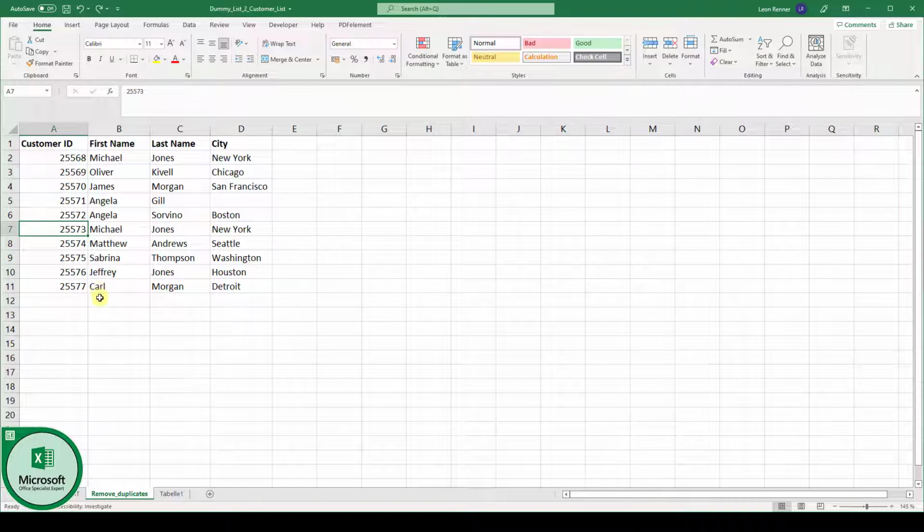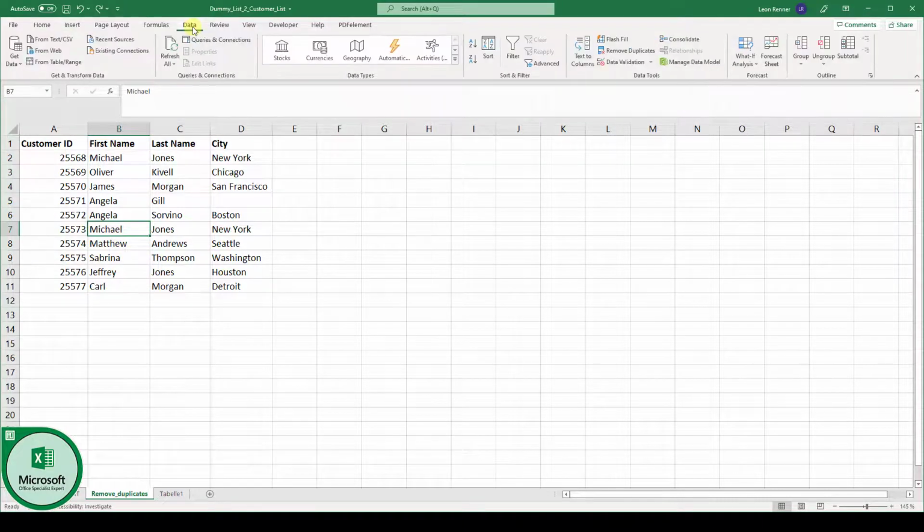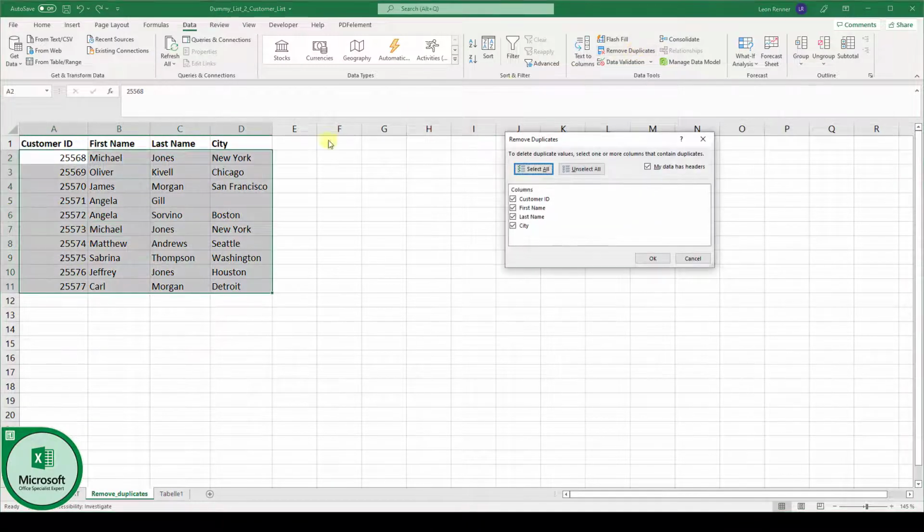So the first method goes this way. We click into the dataset and it does not matter where. Then we go to the Data tab and here we click on Remove Duplicates. Now Excel is going to automatically select our whole dataset, and here we now have to select which columns should be compared. And since we know that the customer ID is always different, we must unselect this checkbox, because we